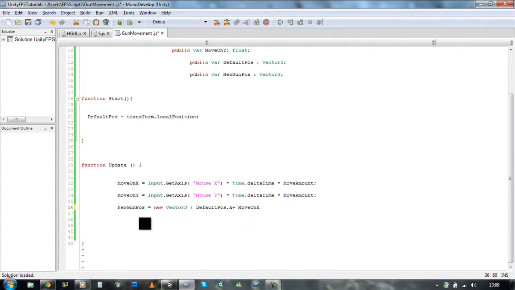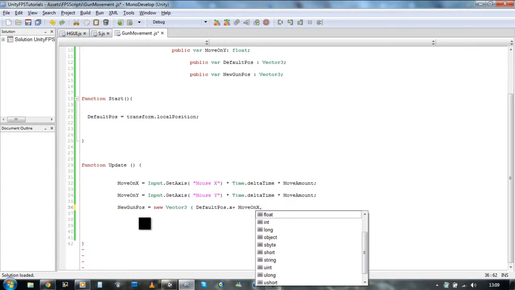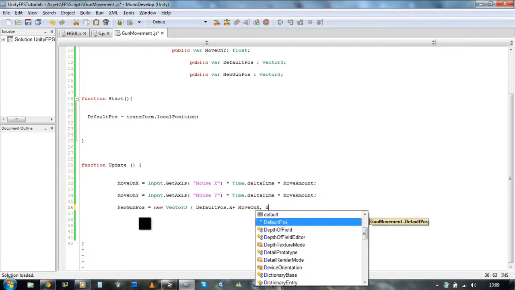Move on x, there we go, comma, and we're going to do the same for the y-axis, so default position